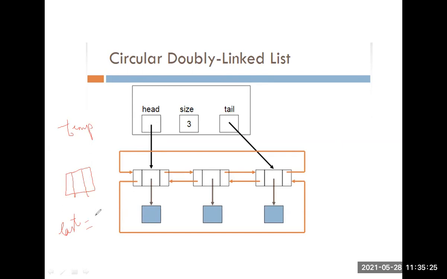So here what I have to store is this address, that is first or header first, that is first of left link. So this is the last address stored in last. Then what we have to store in the right link? In temp of right link we have to store the first node address, that is header first. So temp of right link equal to head.